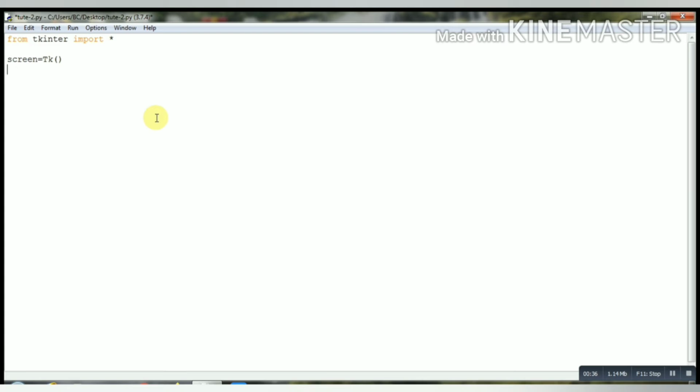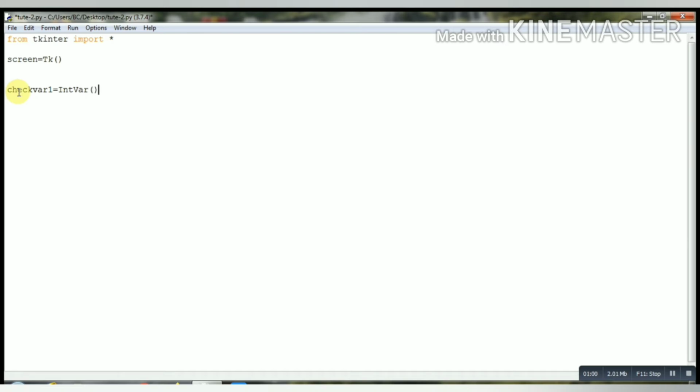After that we will create two variables. First, let's name it checkvar1 equals IntVar, which means it is an int variable.